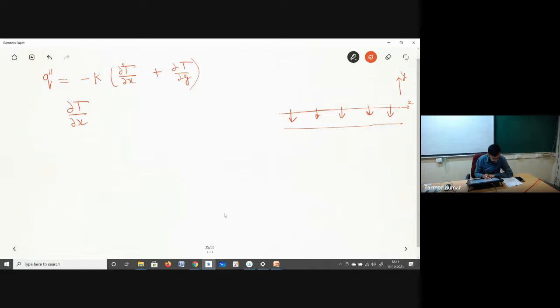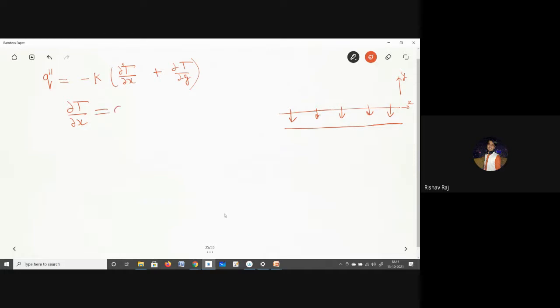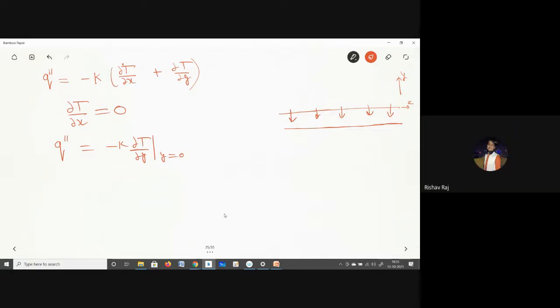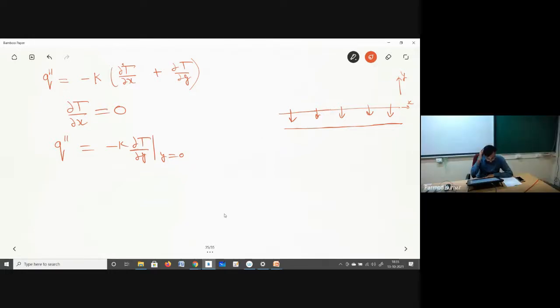This is very, very simple thing. Please reply. If your temperature is constant along the x direction, it is 0. So I can say that heat flux will be minus k into del T by del Y at y equal to 0. Correct? Yeah, correct. Okay. So now if I have to find out the overall heat transfer from this wall,